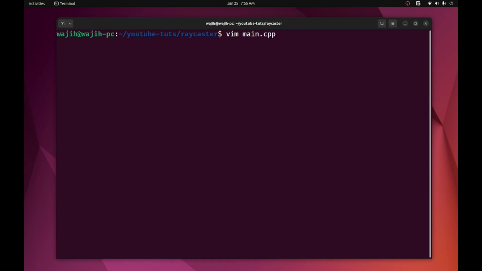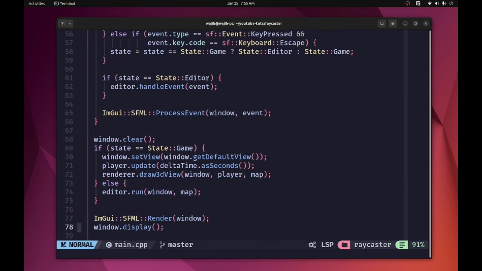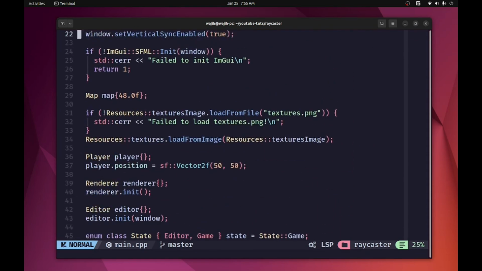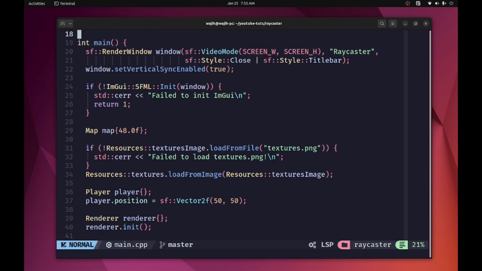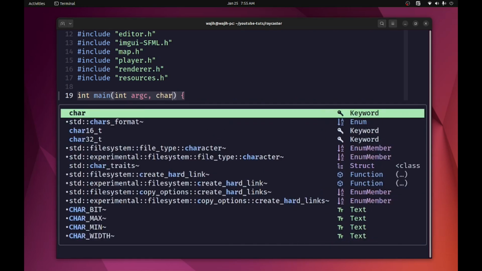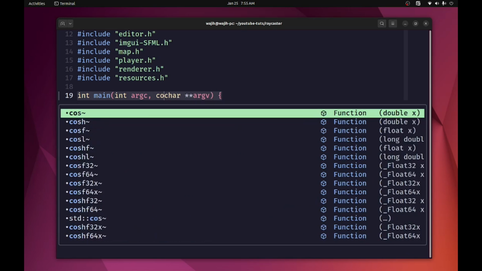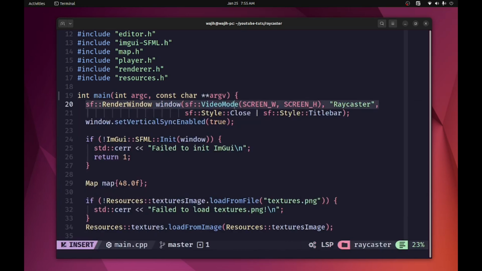So first of all, I'm going to open up main.cpp, and in here you can see we have got a bunch of different stuff here, but the thing that we are going to change is that we should allow the user to open different maps using just command line arguments. So I'm going to go under int main where we are loading this. We are going to take the command line arguments as in here, and we are going to use them to load the map